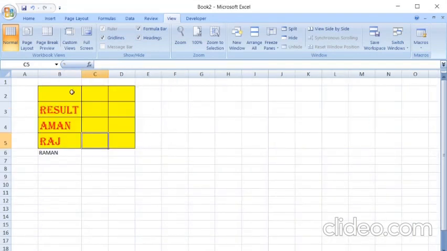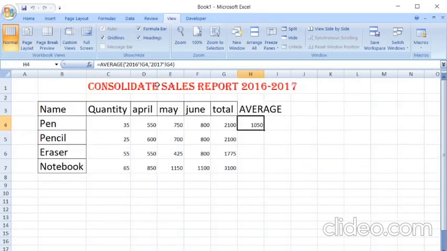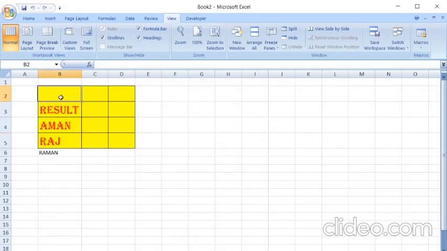What have you seen? It is showing the 3 by 4 cell formatting, because in that the formatting is from A2 to A5. I will show you. So whatever formatting you have stored, that is applied on this. Suppose whatever I write here, suppose I don't want to write Result, I want to write something else, it will be like this only.